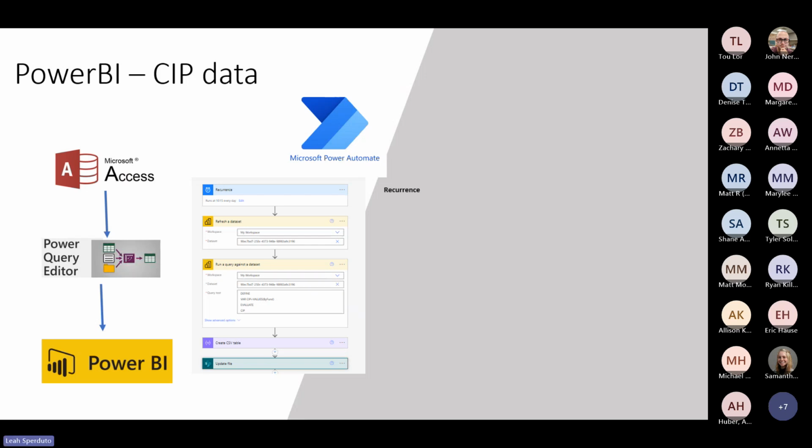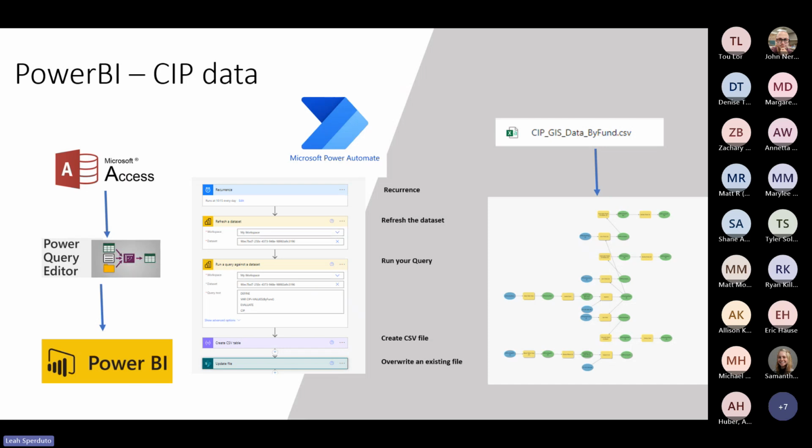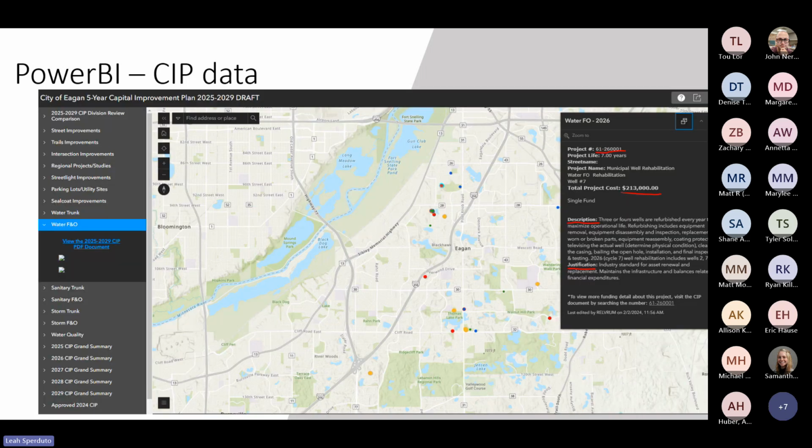Sorry, my slides are a little bit behind here. And eventually it overwrites an existing file in SharePoint. And from there, we've been able to harvest that CSV file and work it into our data models. And then ultimately, this is available from our interactive map for review for managers during the drafting and review process